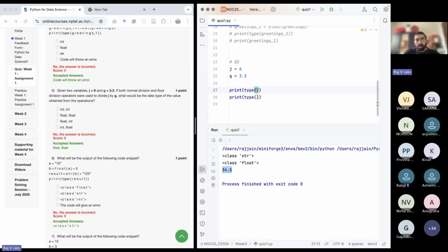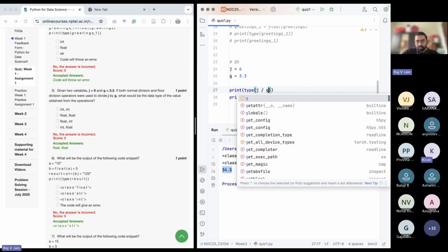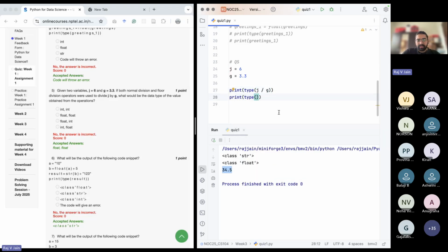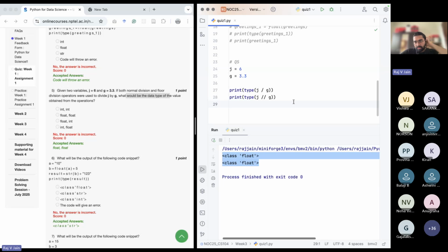But how do you do normal division? Single slash, right? So j by g will give you normal division, and floor division is given by double slash. They're asking what is the data type of the value. So we do the division and then we want the type of the value. Here you can see that it will be float. Both are floats. What if I were to do